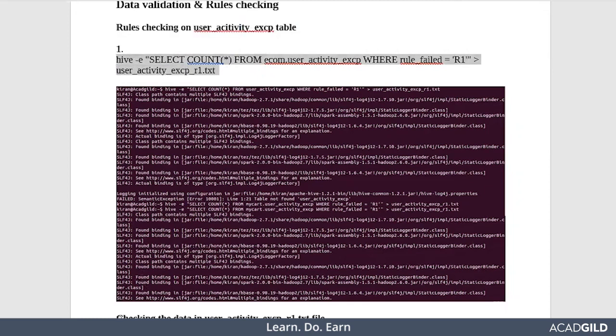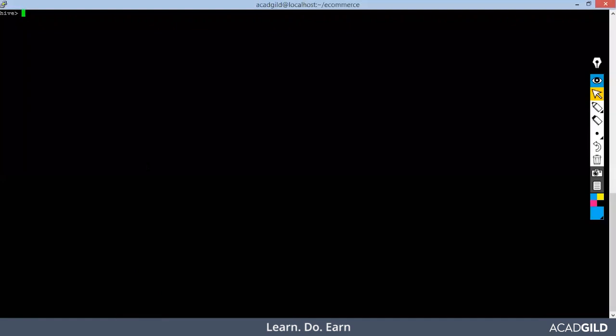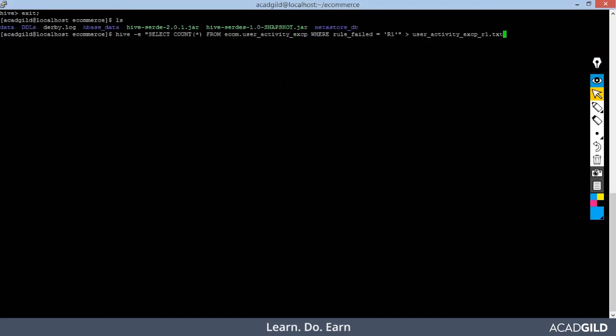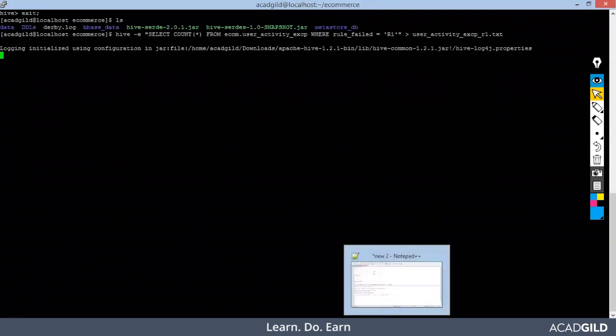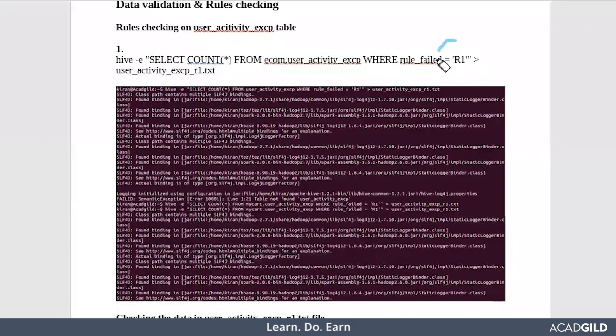I have just copied it and let me exit from the Hive shell. See, as of now there is no txt file. Now I will run this. It will take some time. It is running a Hive query. Basically it's about rule 1.